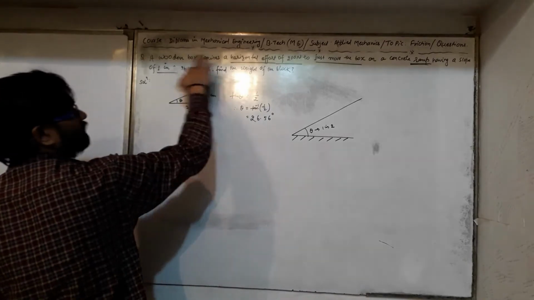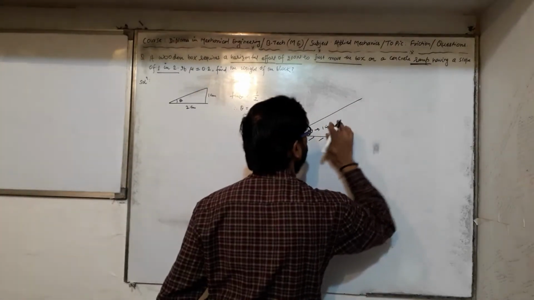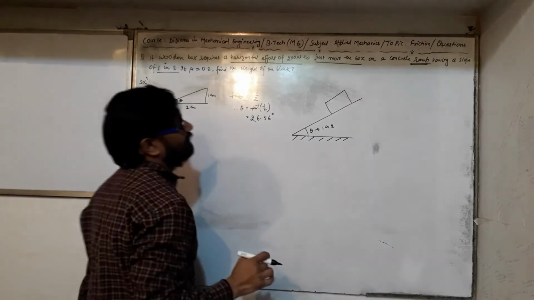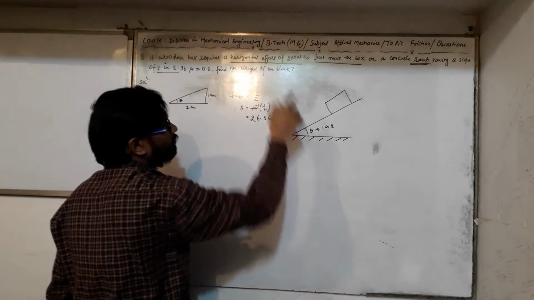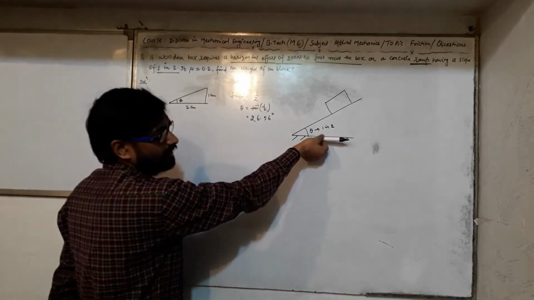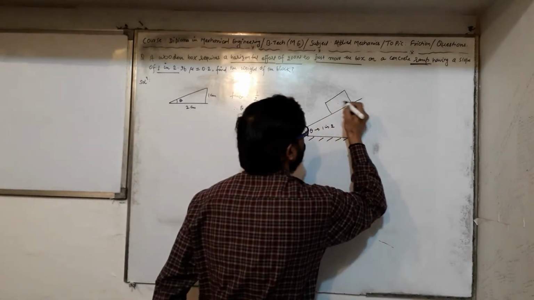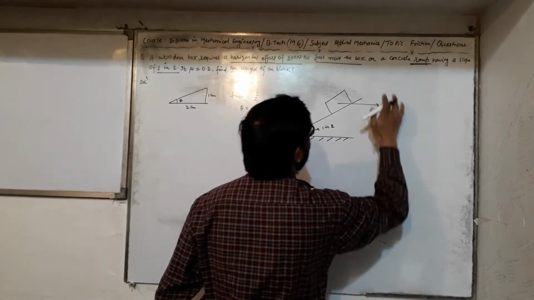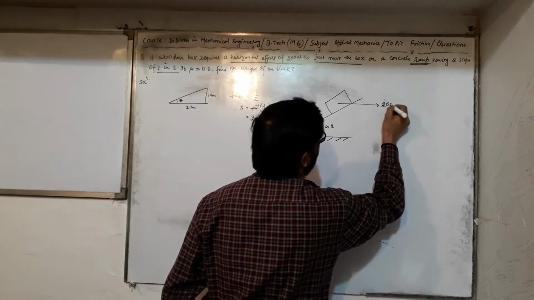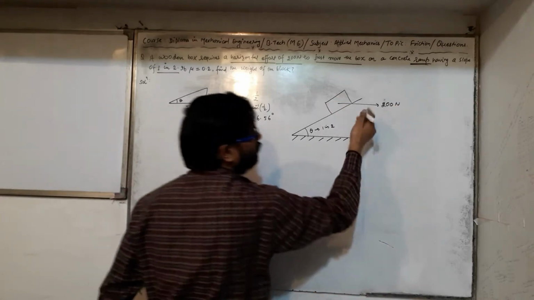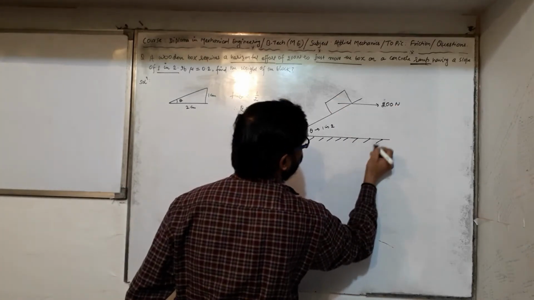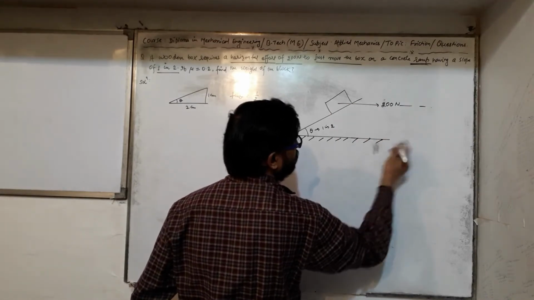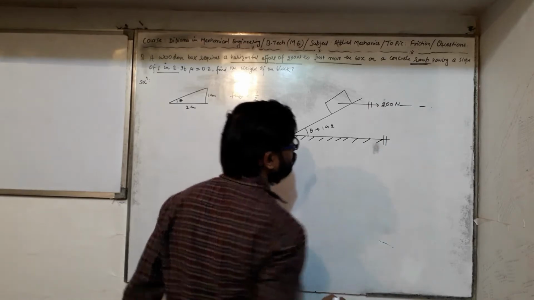So a wooden box is kept here. Let us say this is the wooden box kept over this. So horizontal effort is required. Horizontal means along the horizontal surface. So now I say this P, which is 200 Newton, is the force acting horizontally. If the force is acting horizontally, then the line of action of the force and the horizontal surface must be parallel to each other.